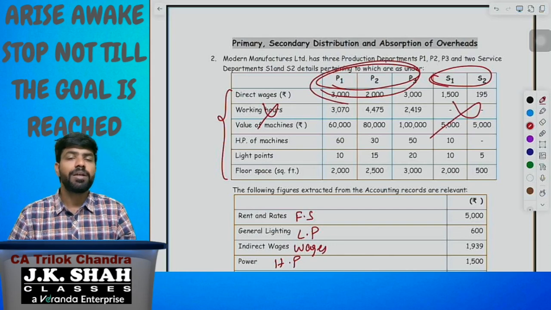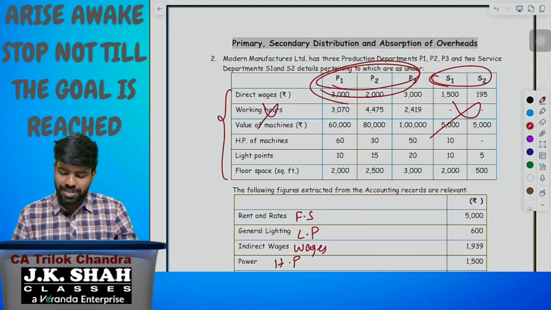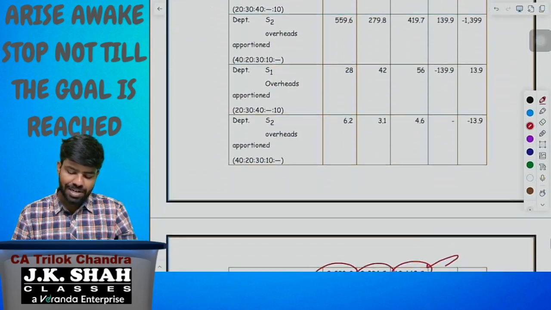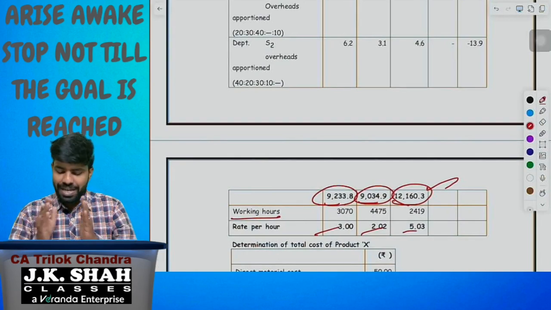Are you understanding? Now, third point. What does the third point mean? You will be questioning me, sir, why they are calculating the hourly rate? Where did they mention to calculate the hourly rate? Please understand,